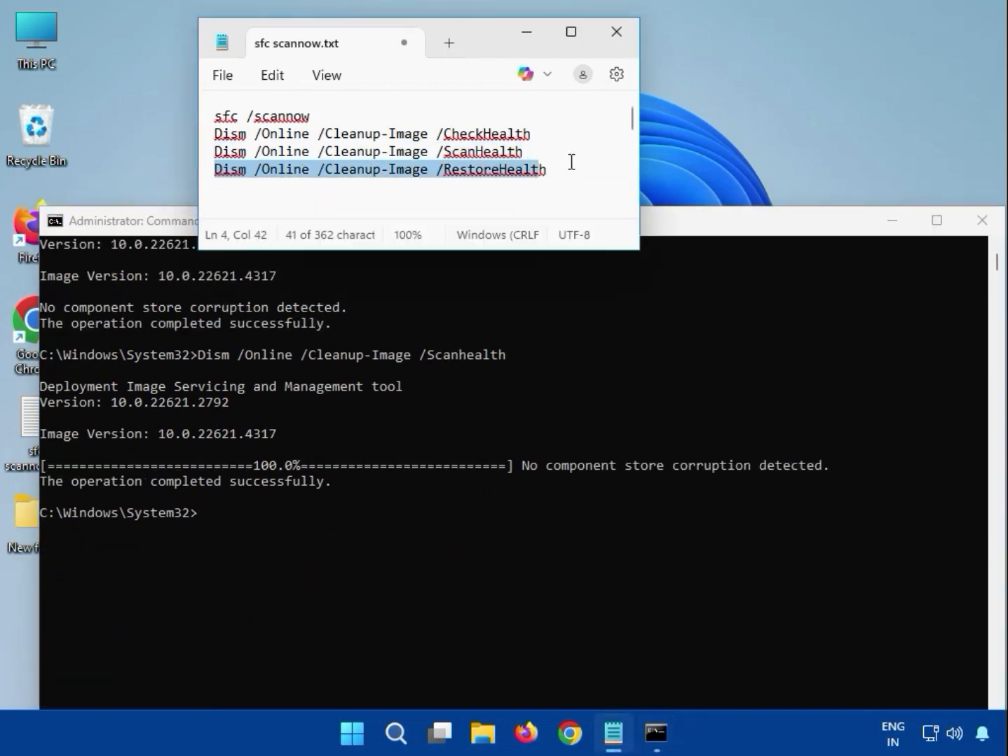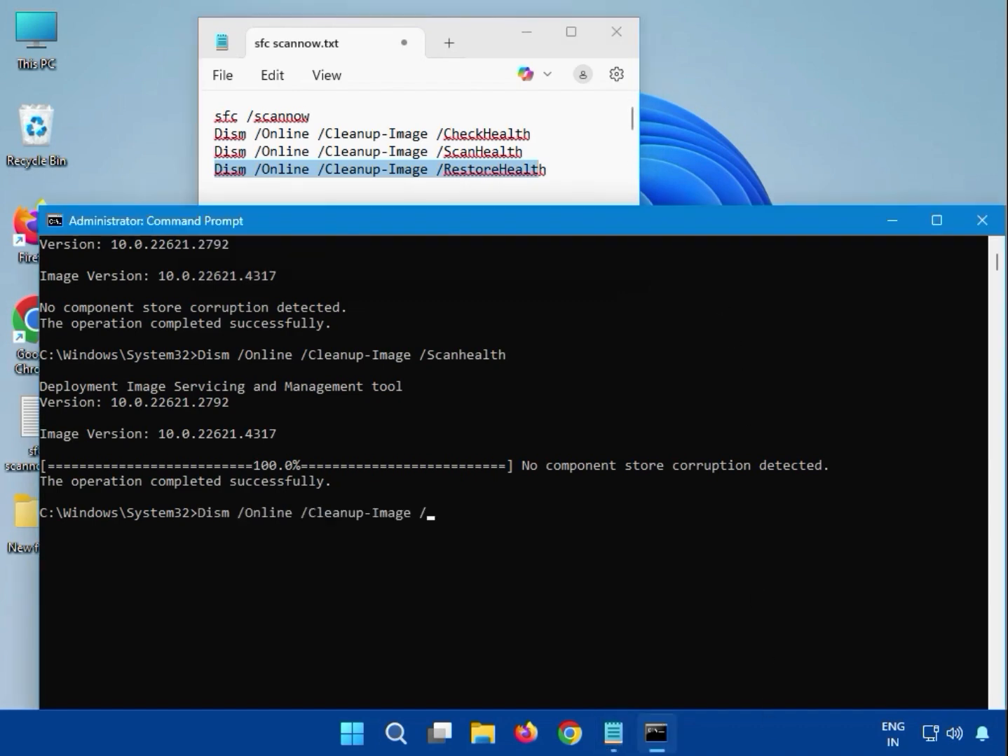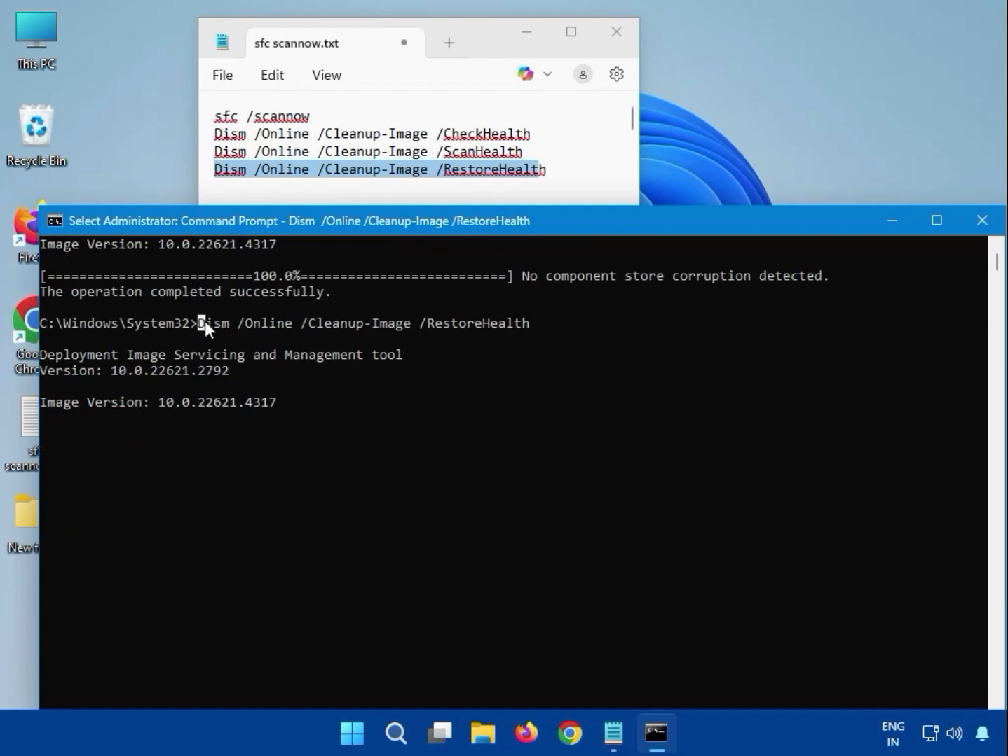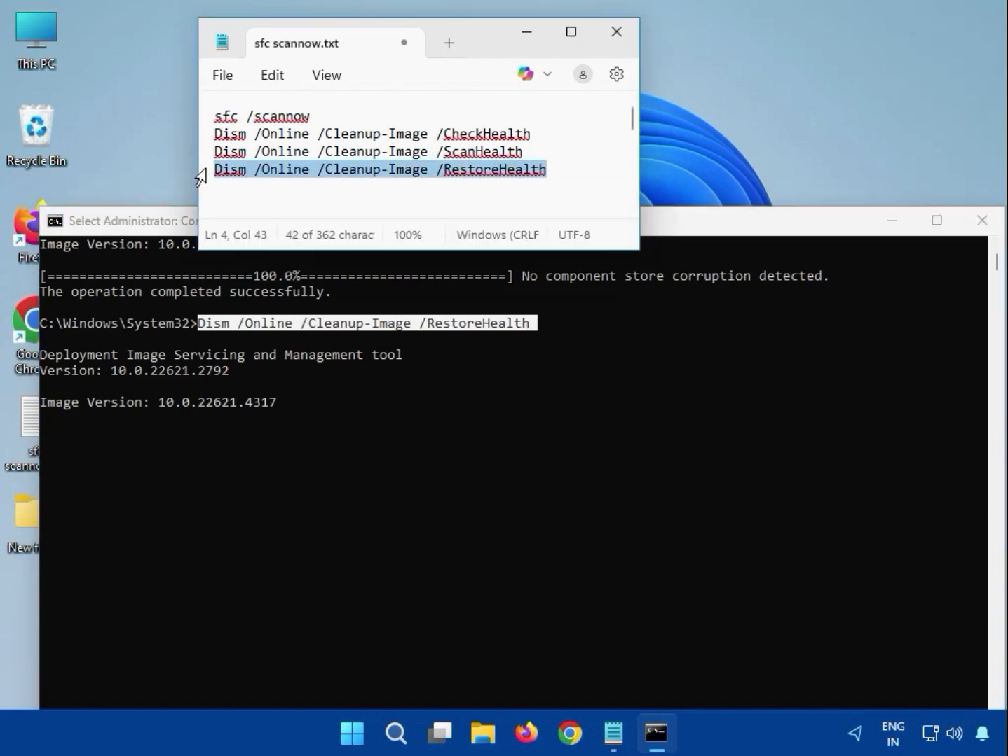Then guys, fourth one, which is restore health, you can see here we can enter it like DISM and all, and please note small and capital. Okay, restore health, and then hit enter. Again guys, you have to wait. Okay, it starts the percentage, it will complete. After that you can see here